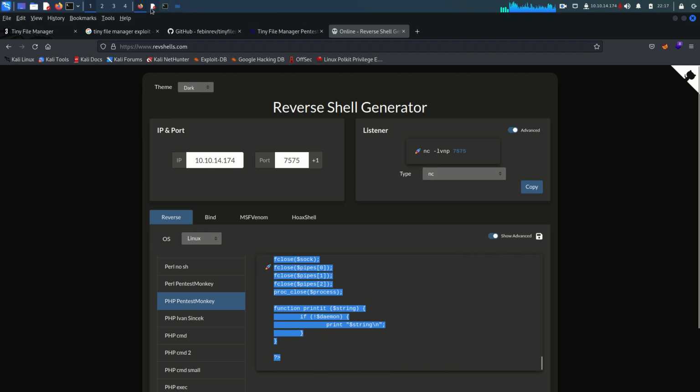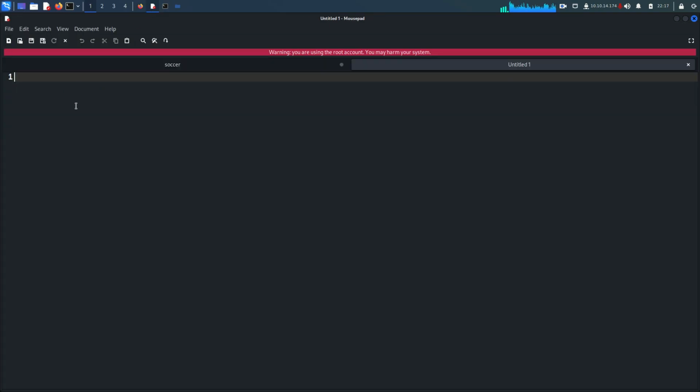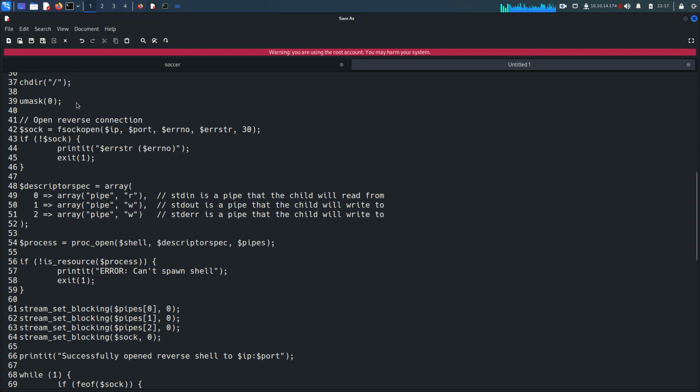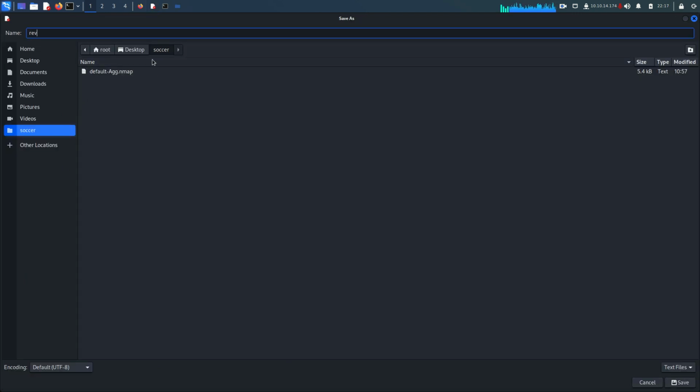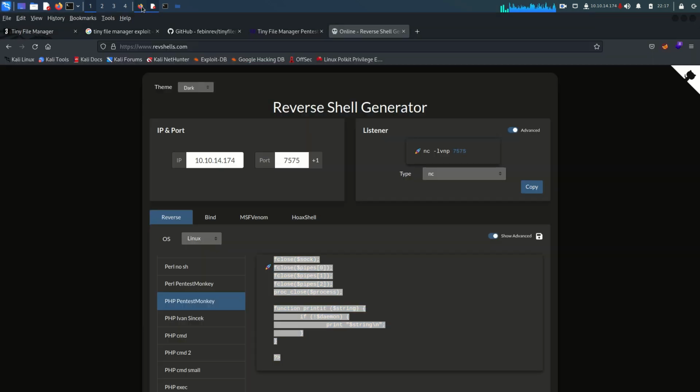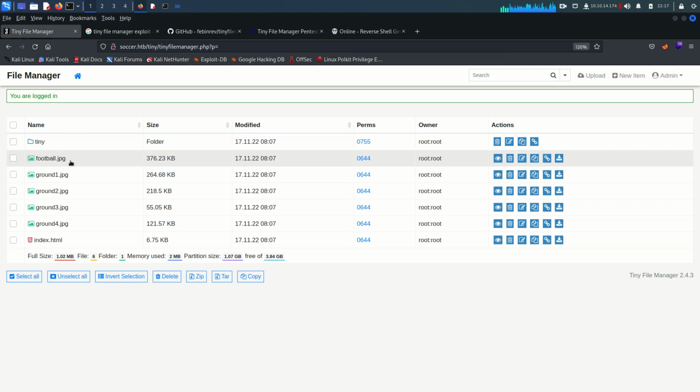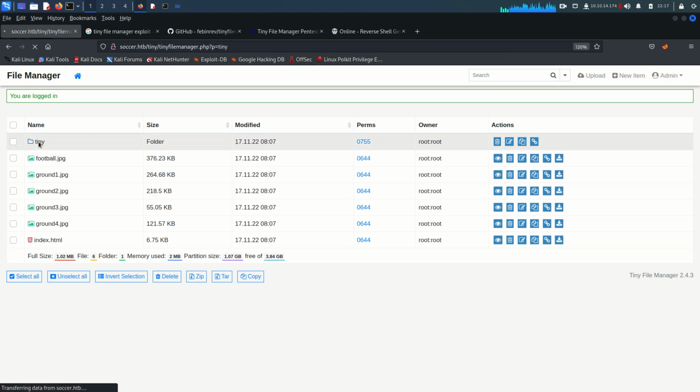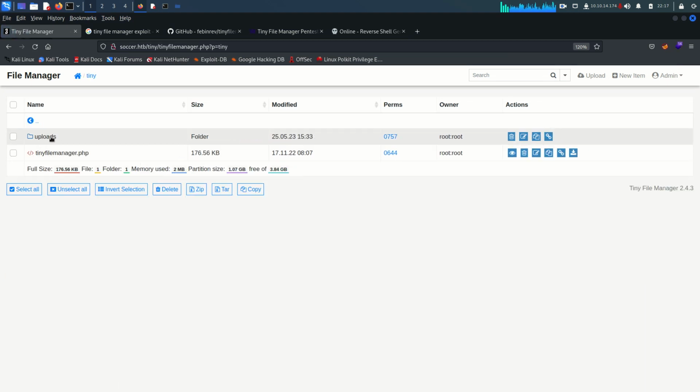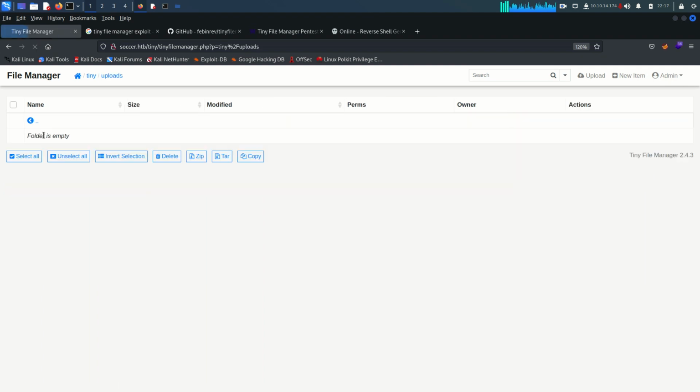Control C, come back here, new page, paste that and save it. Let's say rev.php, hit enter, come back here. Okay, now go inside the tiny, let's see what's inside. There is uploads, so maybe everything you upload comes here. And if you see here, right hand side on the top, we will find the upload option. So let's try to upload it,